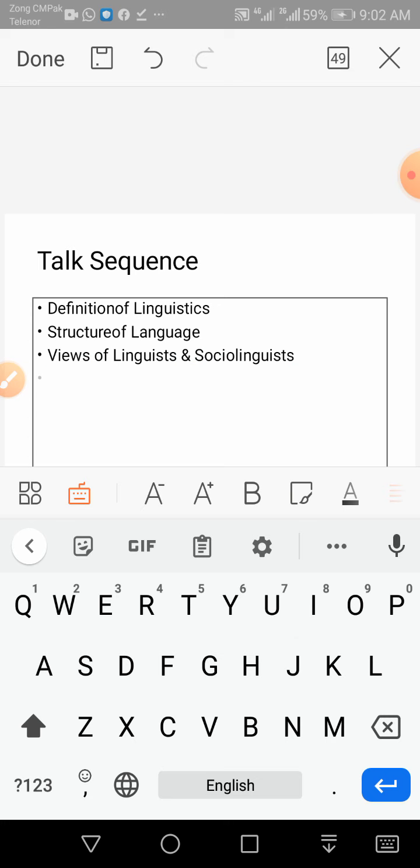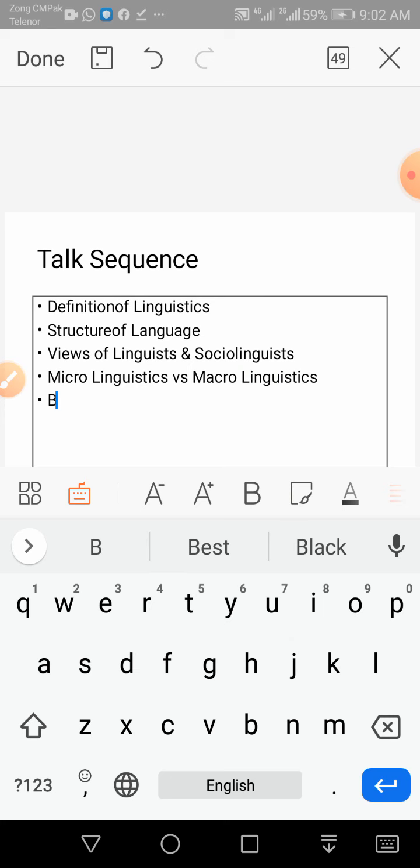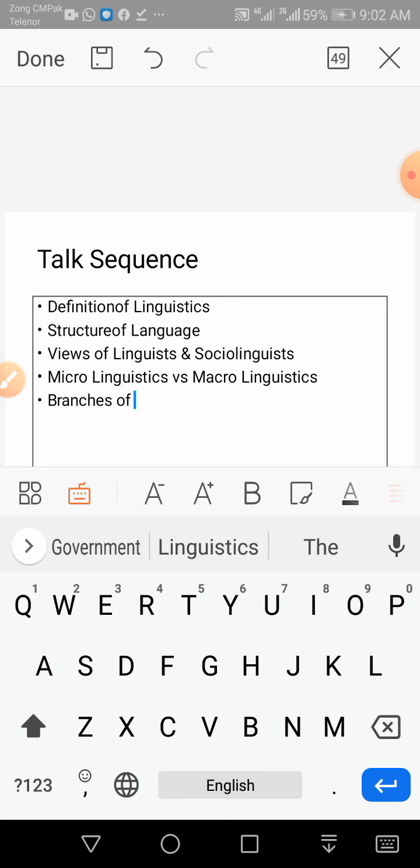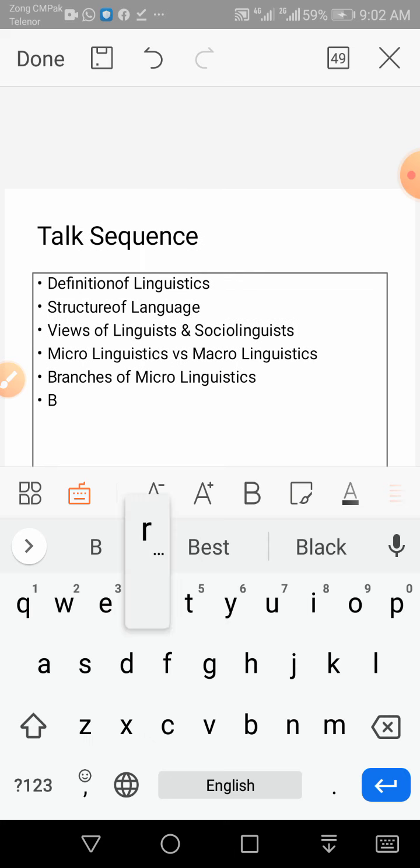Then we can talk about micro linguistics versus macro linguistics. Then we have branches of micro linguistics. Okay, then we have branches of macro linguistics.